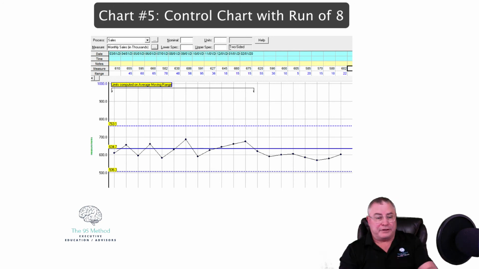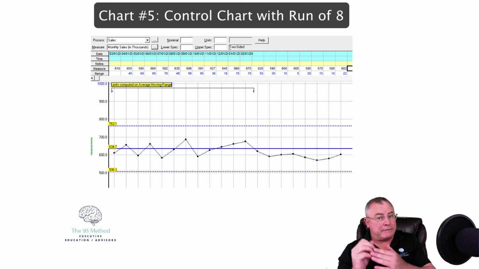But the software that I use, and we'll talk about the software here in a little bit, is going to run these rules for you. It will identify the one point out, which you will see. And by the way, some people call it the boiling frog, right? So if you put a frog in boiling water, it's going to feel it and jump out. So most people are going to feel that one point in chart 4. They're going to feel that, and the frog's going to jump out, or we're going to know what the reason was for that